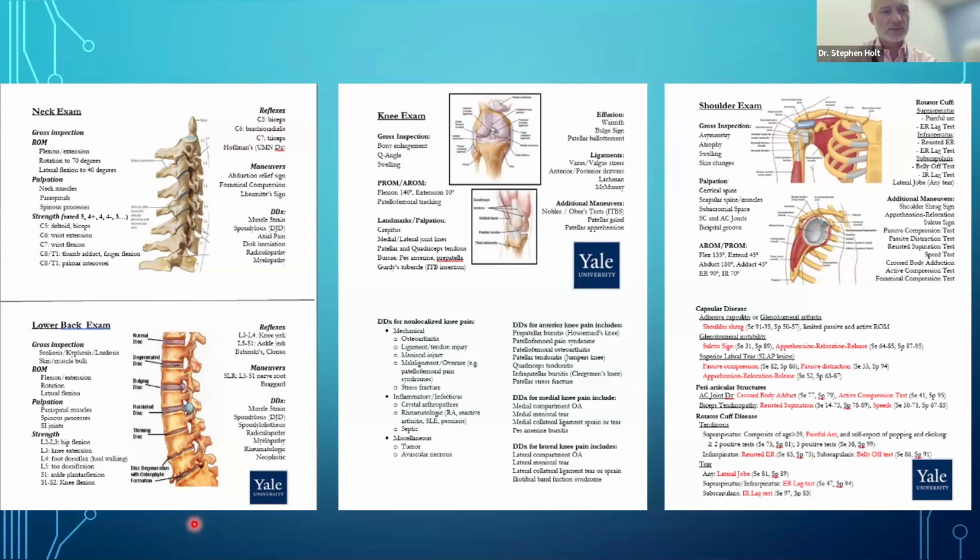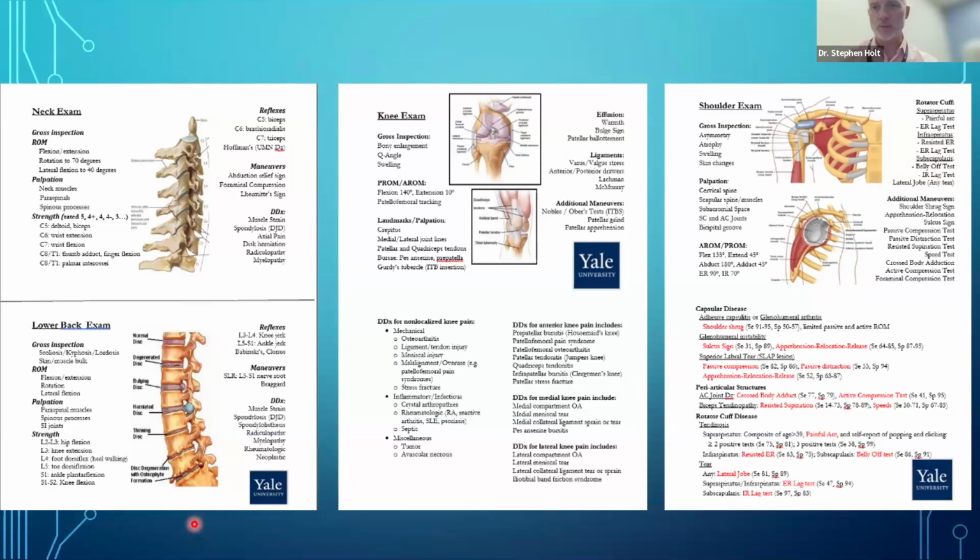In our case, we just used Yale Press here, but you can use any place to print off these laminated cards. And they were really useful because we would give them out at the beginning of the workshop. Residents would be encouraged to use them during the workshop. I want you to get familiar with this laminated card and all the stuff that's on there. When I ask you which nerve root is involved in biceps flexion or bicep strength, I want you to start to look at the card and start to memorize these things. And same thing when you're testing the deep tendon reflex at the knee. I want you to know what reflex that is.